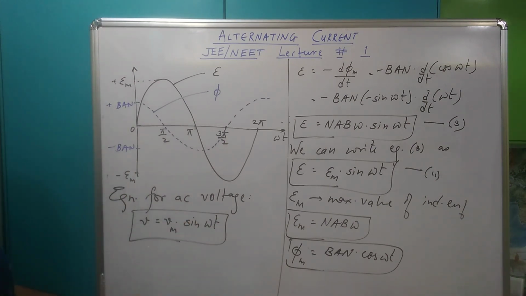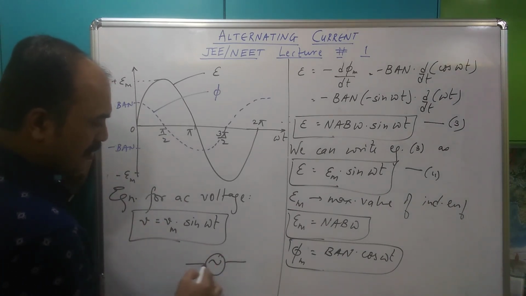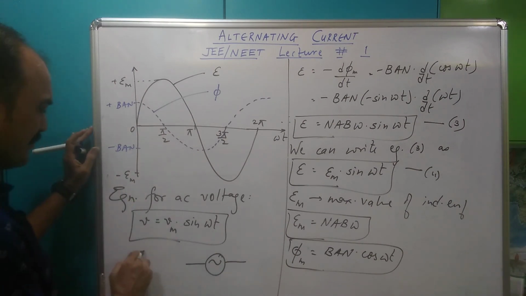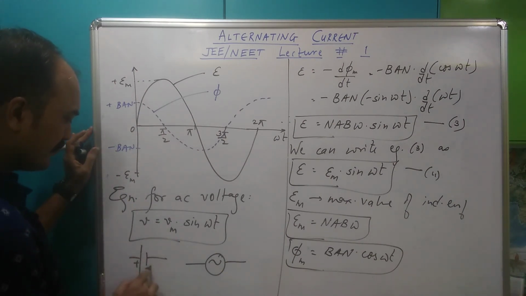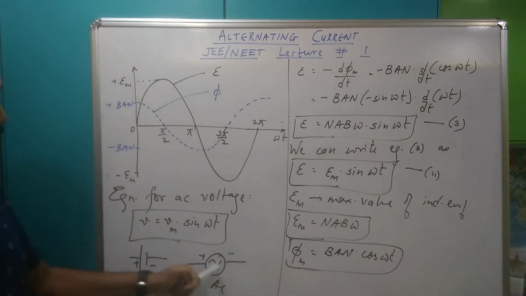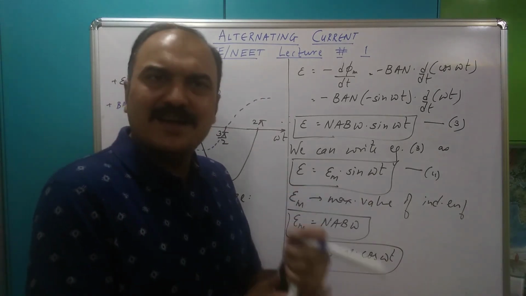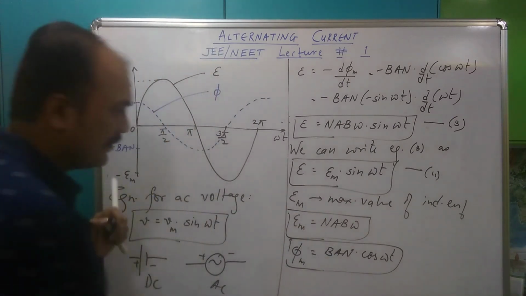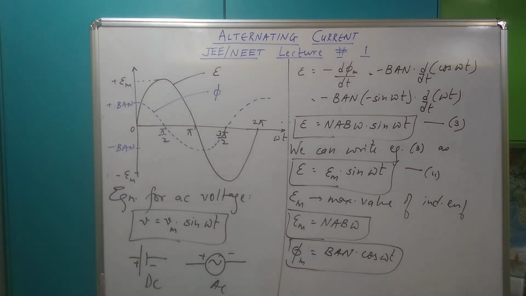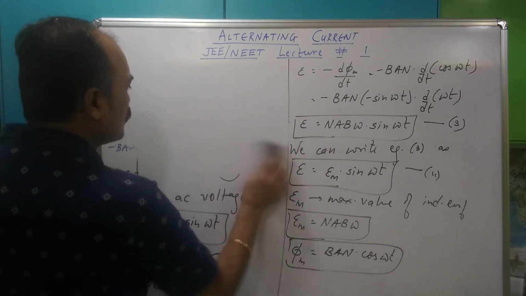And now when I start putting AC, alternating current, this is the symbol of AC. This is the symbol of DC. This is DC, this is AC. Alright, so a sinusoidal function is the symbol of an AC source. Now I'm going to apply AC source to resistor, inductor, capacitor and stuff like that. Just have a look at this. Okay, let's move on. Let us apply AC to a resistor.